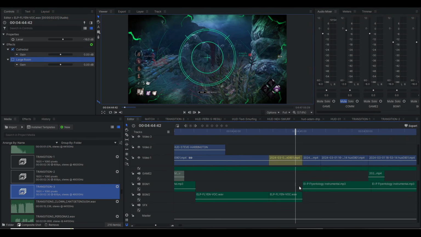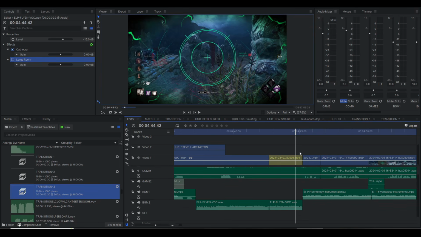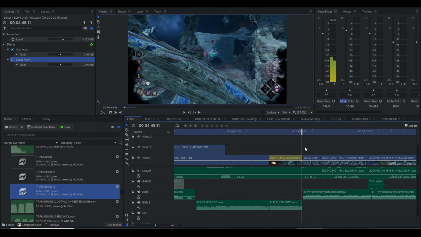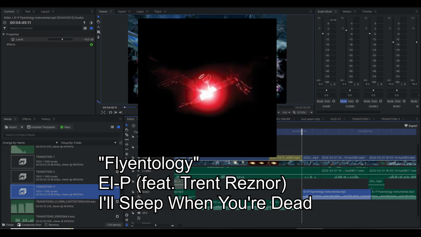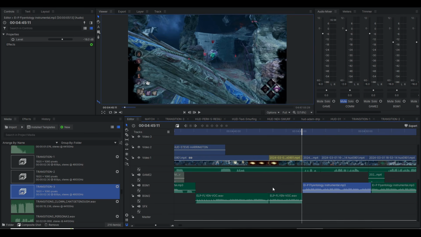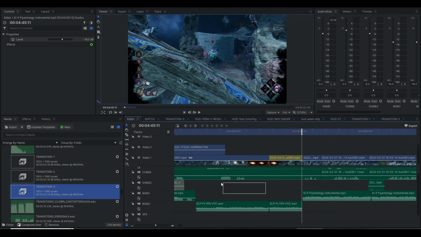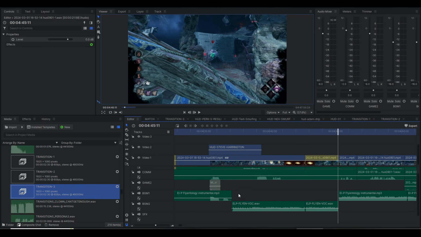Okay. I really wanted to keep the music tracks interesting, and I love rap music. I like a lot of different types of music, but rap music specifically. So in this case, I got this LP track called Flyentology. It's really good. I think Trent Reznor's on there. I didn't get any of Trent's vocals on there. And then if there was ever a lull in the commentary, like in this case, you could see that there's commentary here, but there's a break. When there's a break, I'll switch from the instrumental version to the vocal version. So